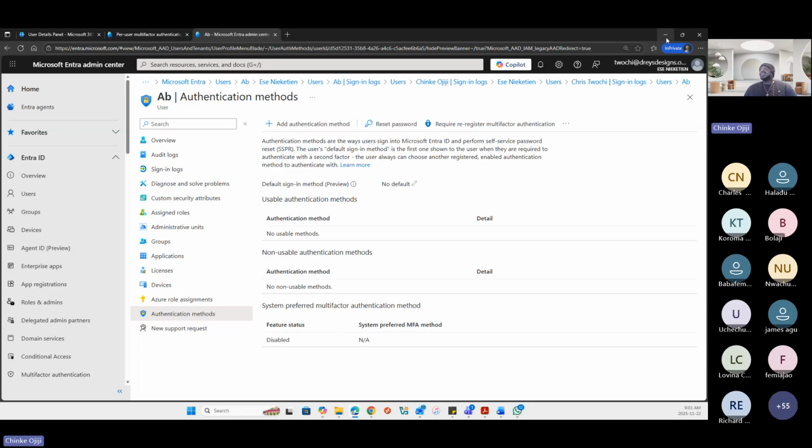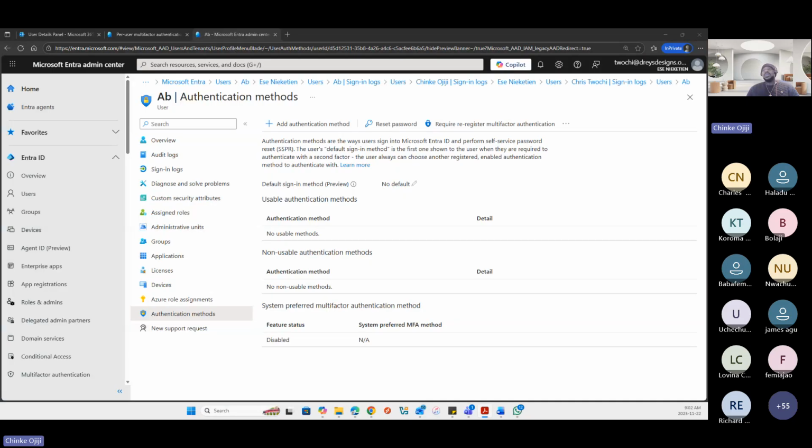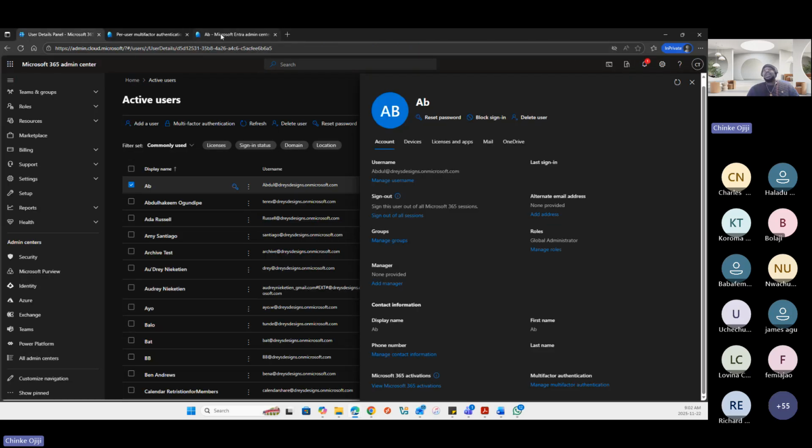So that's that. Then let us come here real quick. So I believe we've talked about what an identity is within the admin center and the things that you can derive from the identity of a user. Now, why I didn't go much into creation of these users and creation of groups and so on is because I am presuming that you guys have already been taught how to create users here, right?